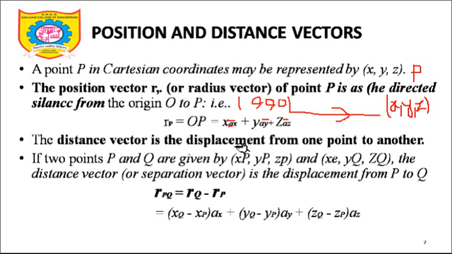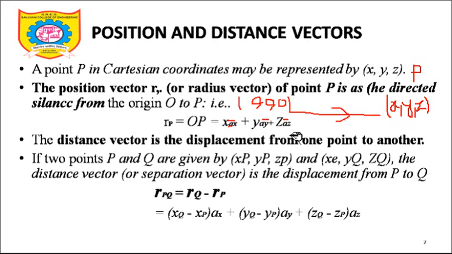I will tell you why. When we see the coordinate systems, not only do we have unit vectors in the direction of x, y and z, we have unit vectors in the direction of rho, phi and z. We also have unit vectors in the direction of r, theta and phi. In that case i, j, k will be confusing, so we'll be using the notations ax, ay, az. If you find unit vectors ax, ay, az, you can understand it's a Cartesian coordinate system. We are going to talk about coordinate systems very soon, but try to understand this at the initial stage.